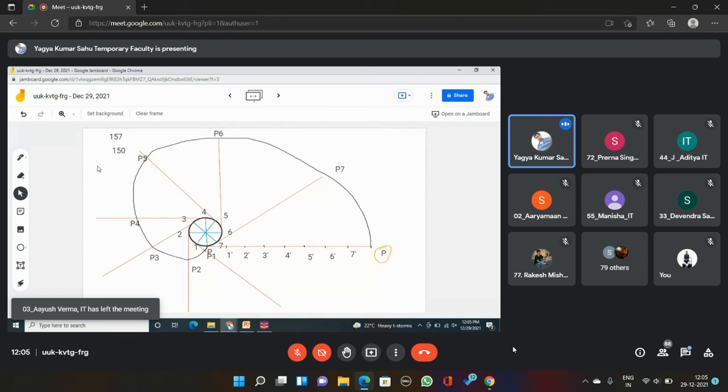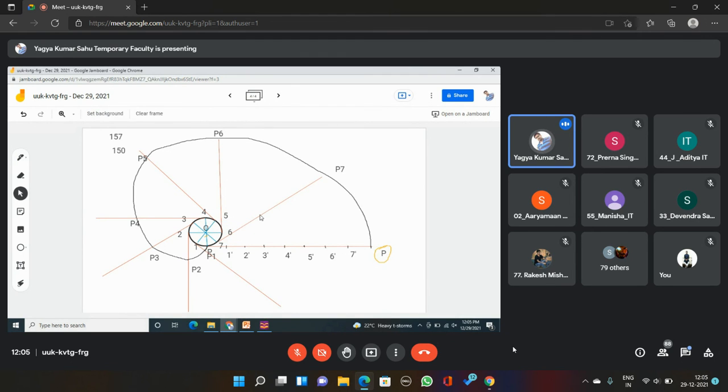So the angle subtended by this, the length of this arc P7, you can see here. The length of arc P7 is coming how much? It is coming 19. Yes or no? Means this 19 mm arc is subtended an angle of theta at the center, let us say O.